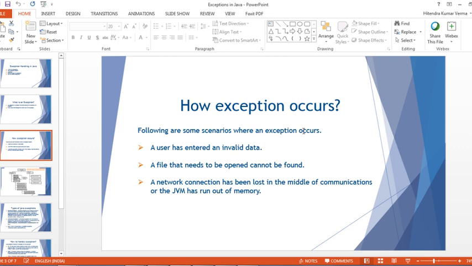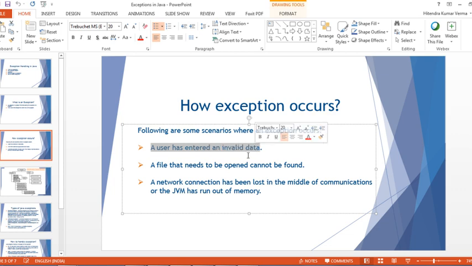Now we need to see how an exception occurs. I have listed a few scenarios here. Following are some scenarios where an exception occurs. The first one: a user has entered invalid data. Take an example: a programmer has written code for a page, and there is an input field that takes integer numbers from 1 to 10. If any user enters 11 or any negative number,